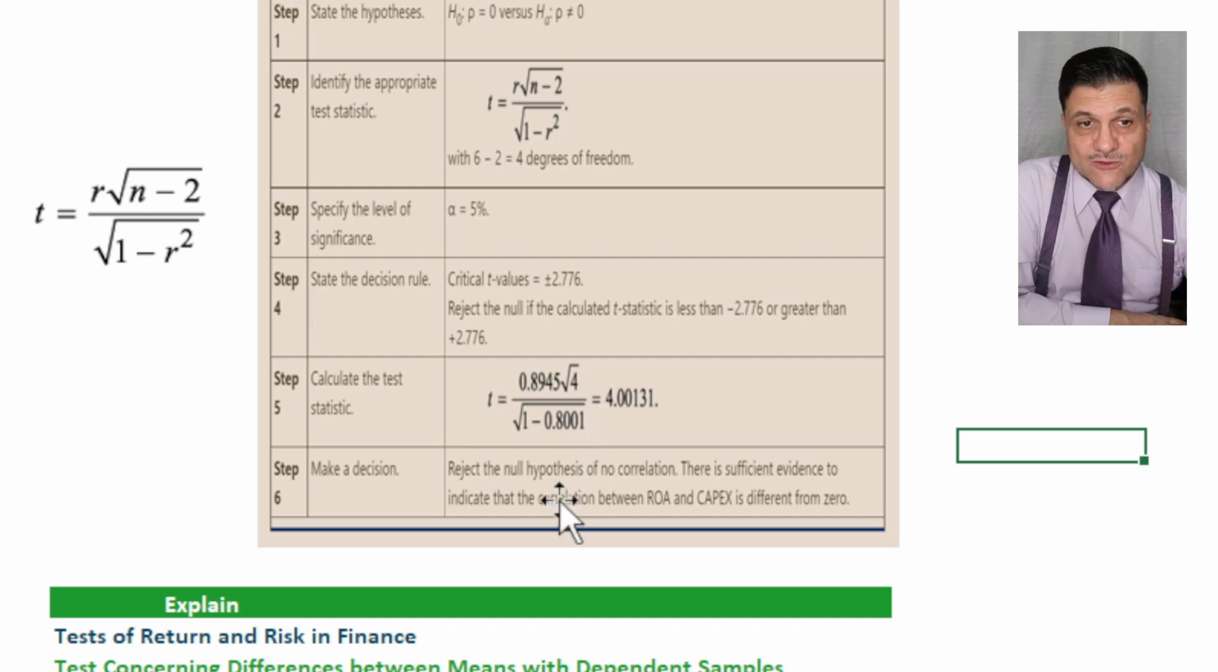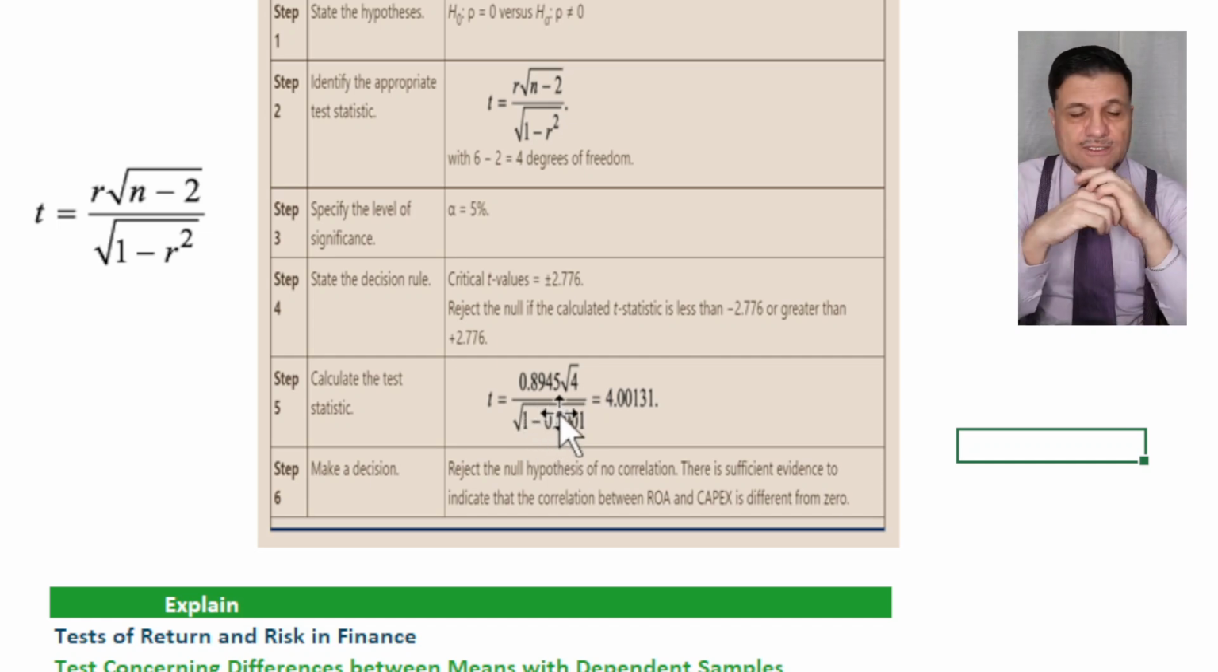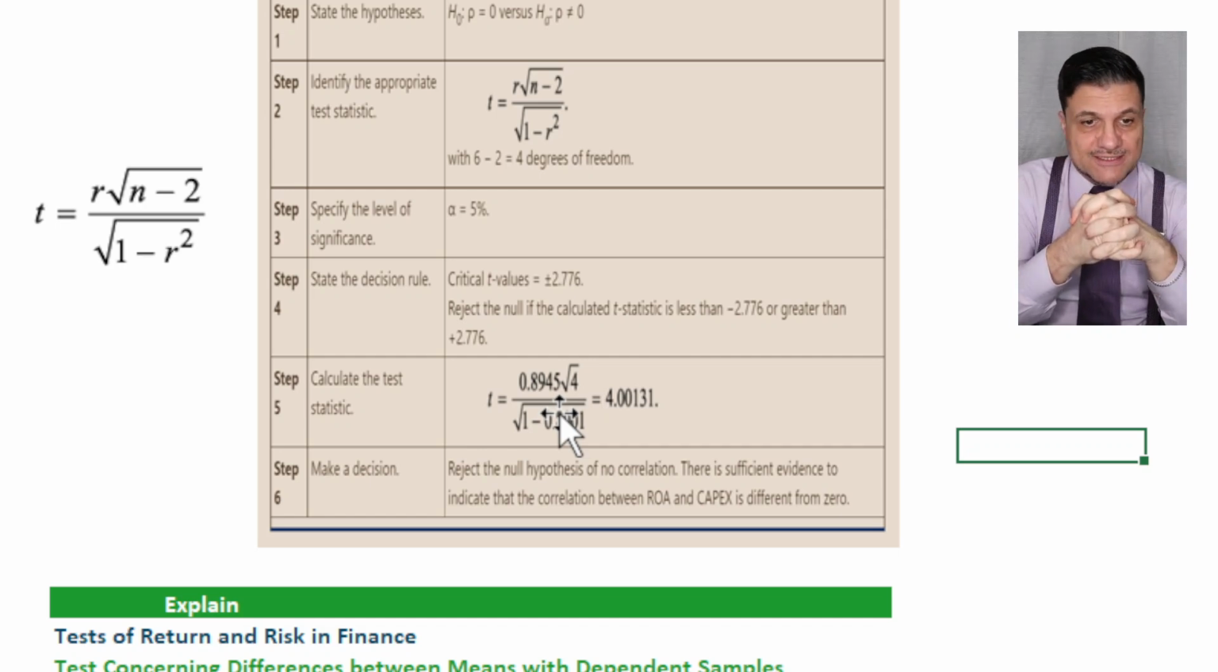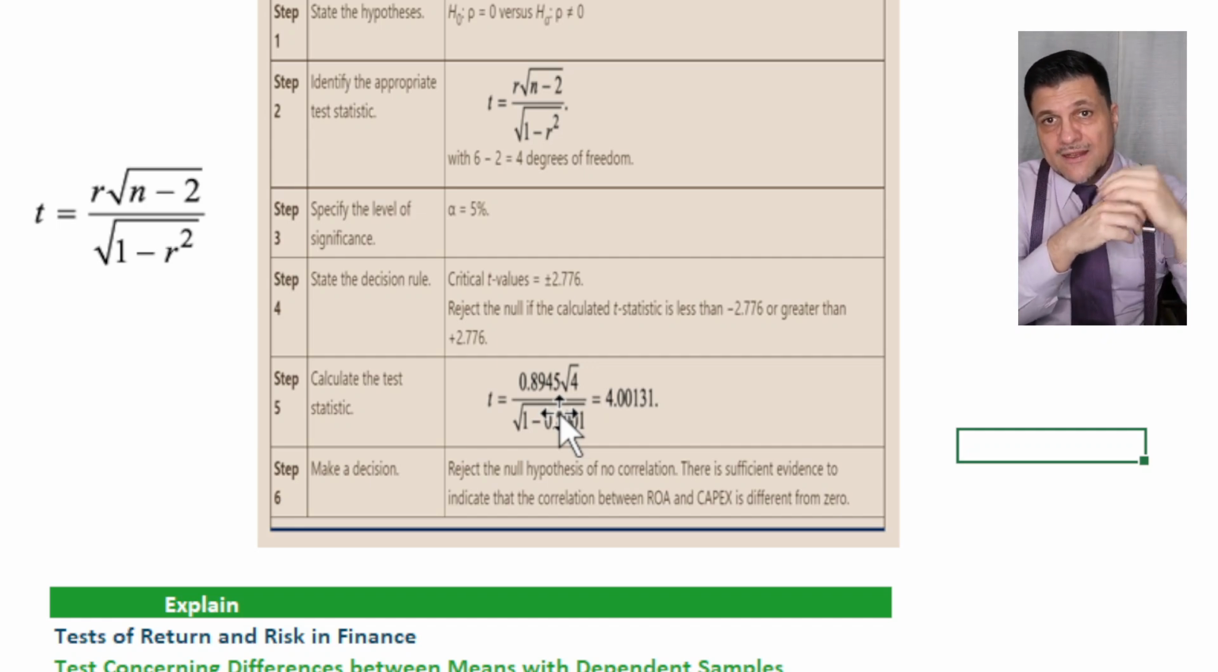Reject. Reject what? That the correlation equals 0. Therefore, 0.8945 is now proved, in quotations, to be different than 0. We just did a hypothesis test for that. And that's it. Now, if you take a look, it's exactly the same six steps that I used for